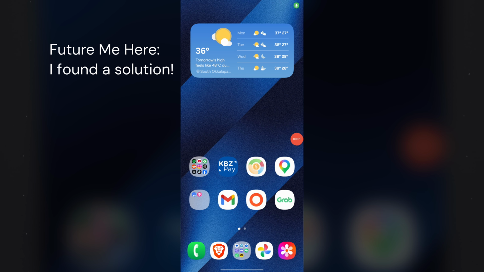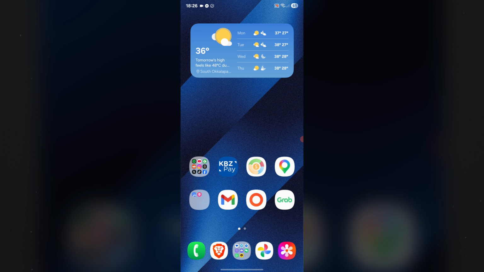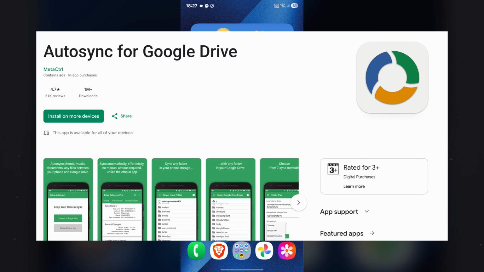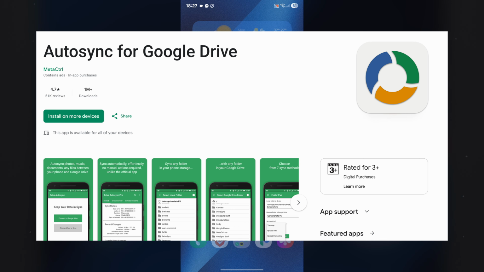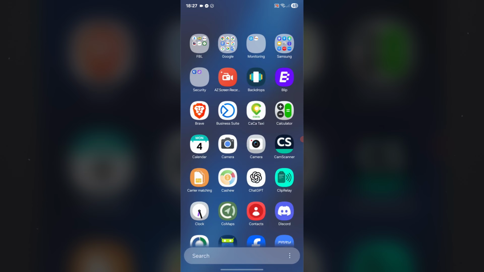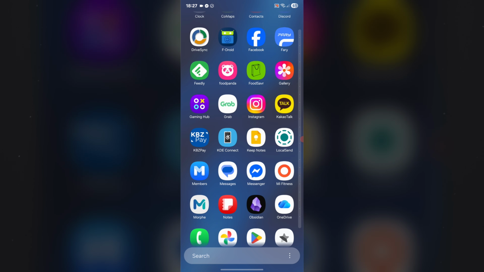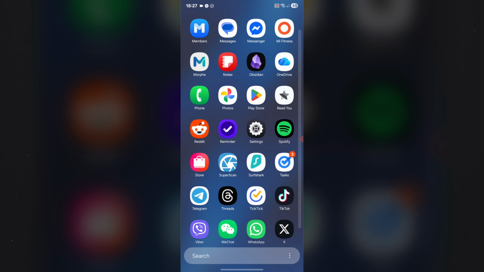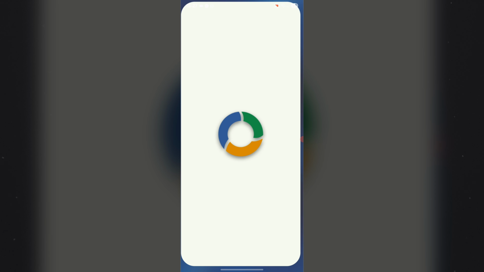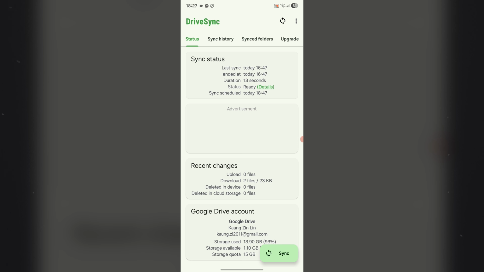Okay, so I actually found a solution to this. Apparently, I was using the wrong version of AutoSync. The developer has different versions, and the one that I should be using is AutoSync for Google Drive, otherwise known as Drive Sync. Their free version offers one folder with two-way sync, which is what I need in order for my notes on Google Drive to show up on my Android phone. With the correct version installed, I was able to set up the folder locally and then connect it to the folder inside of Google Drive.